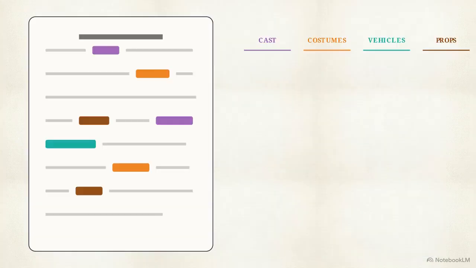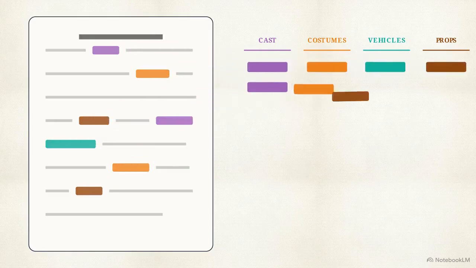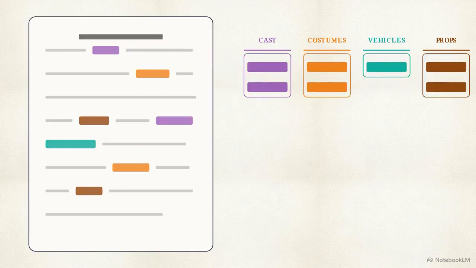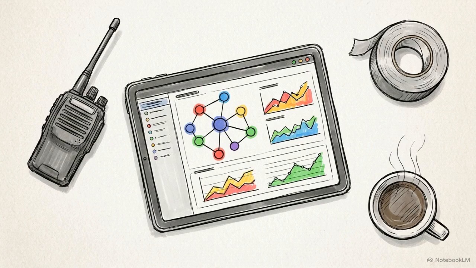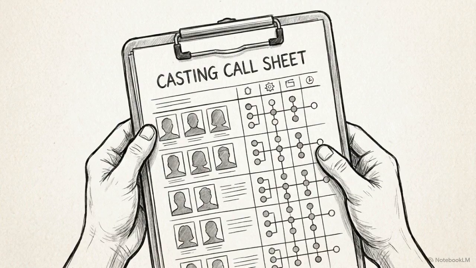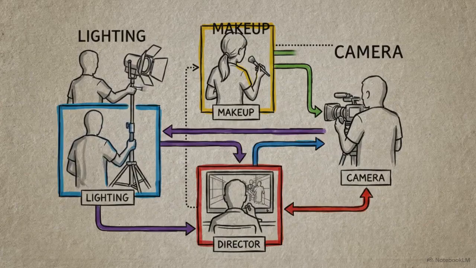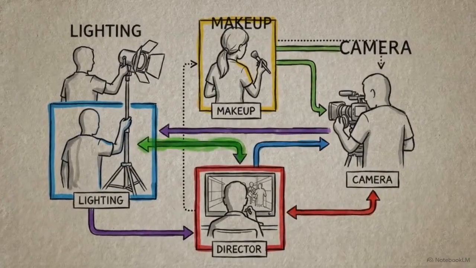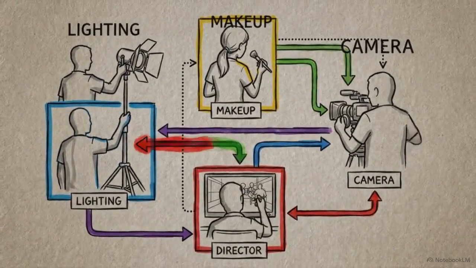The breakdown software automatically organizes these tags into specific, quantifiable lists. From here, you generate separate reports for each department. Wardrobe gets their costume list, the prop master gets theirs, and casting knows who to call. You have broken down the script into its smallest component parts, taking an abstract artistic vision and converting it